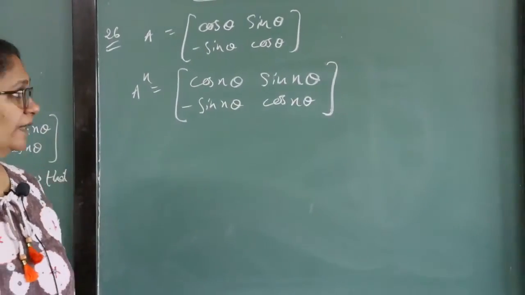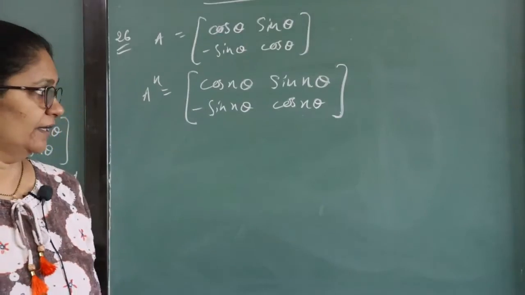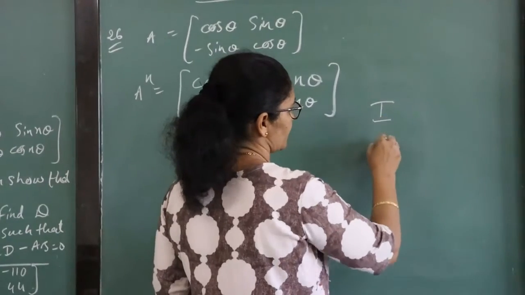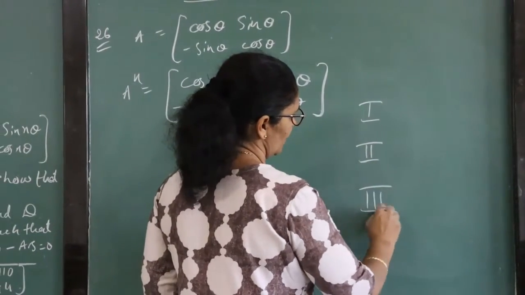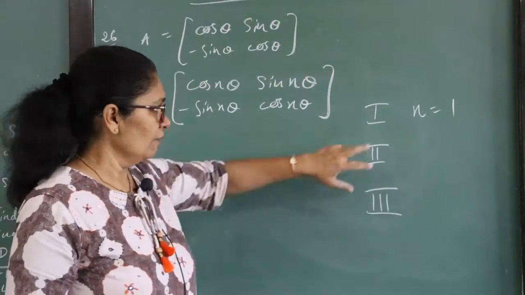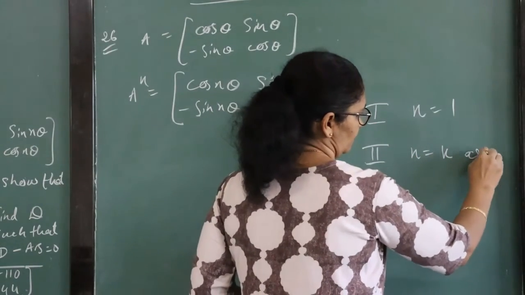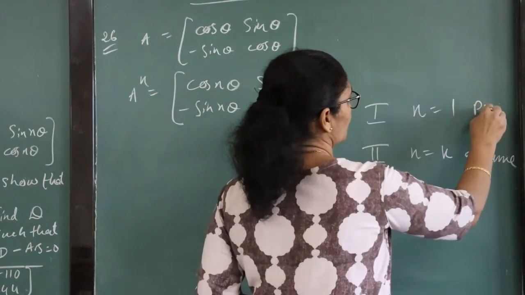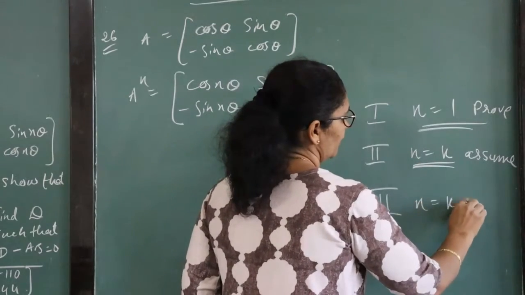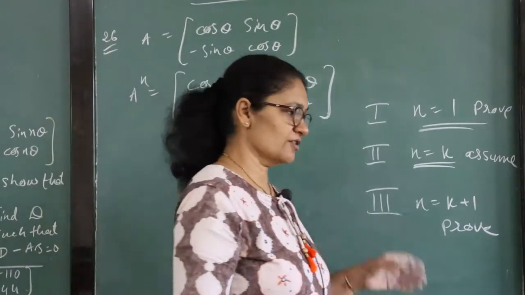If you remember, we already discussed this in our 11th standard, 4th lesson, mathematical induction. Let's revise it once. What is mathematical induction? In that we learn 3 steps. Which are the 3 steps? First step, whatever question is given, first you have to prove it for 1. Then we have to assume it for k. Here we have to prove that it is true for n equal to 1. For k we have to take it as granted and then we have to prove it for k plus 1. This is your mathematical induction method.